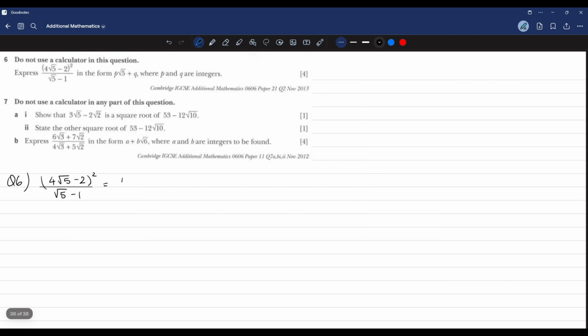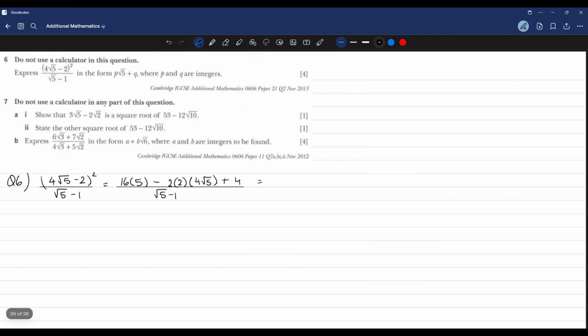A squared is 4 squared, 16, multiplied by 5, plus 2ab, which is 2 multiplied by 2 multiplied by 4 under root 5. In fact, this would be minus 2ab, plus b squared, which is 4, divided by under root 5 minus 1. Now simplify this, we get